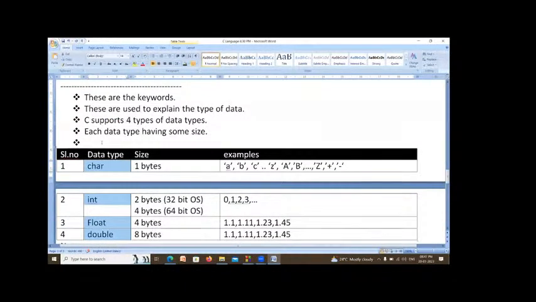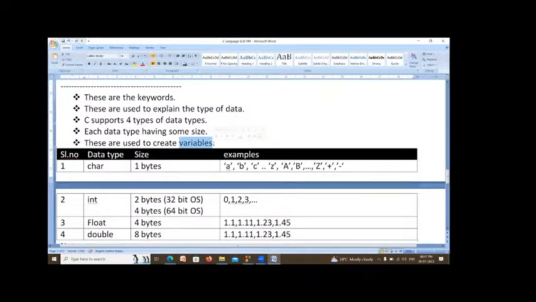Whenever you want to create a variable, you have to use these data types. So these are used to create variables. What is the meaning of variable? Variables are nothing but containers used to store the data. Suppose whenever you go to college, you take a water bottle.